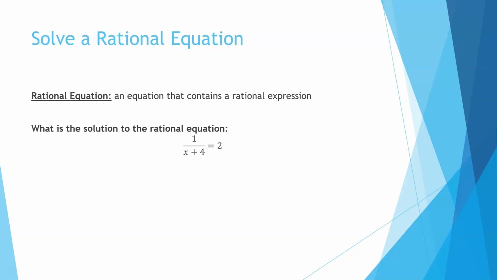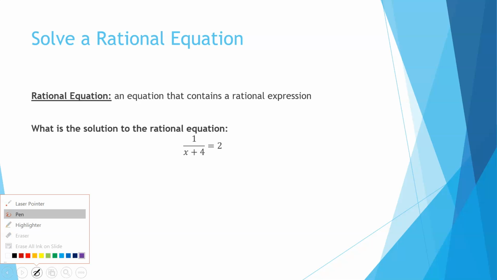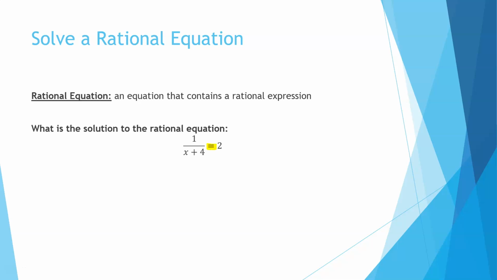So first, before we start, I want you to write down that a rational equation is an equation that contains a rational expression. Okay, so the difference with what we're talking about today versus what we've been seeing is now it's got the equal sign in it. So our job is to solve for x in these problems. And again, we are going to use the strategy that Tevon did. And that means we are going to multiply both sides